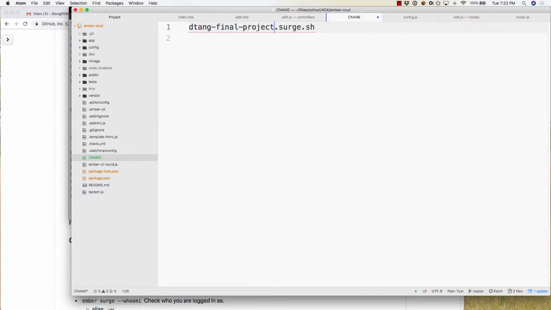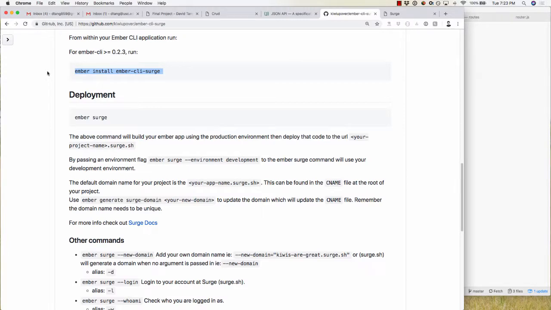In this case, let's just call it dtang-ember-crud. Hopefully that's unique. In your case, use your own username. So change that in the CNAME file. And then